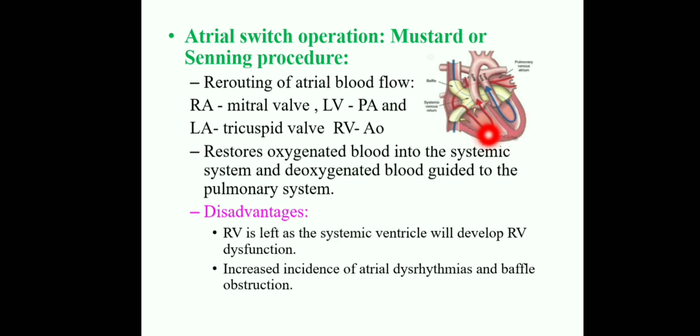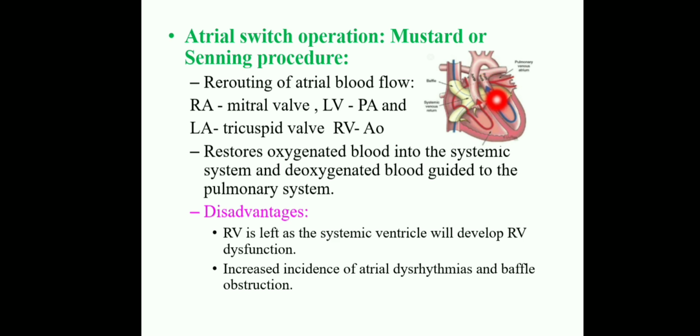What they are doing, just they are guided to the pulmonary system. The deoxygenated blood is guided to the pulmonary circulation and oxygenated blood is guided to the aorta. So the repair will be done. All of it clear? Just they are guiding this circulation into the pulmonary artery, but the pulmonary artery position is deviated. Okay, transposition is there, but the circulation is guided.